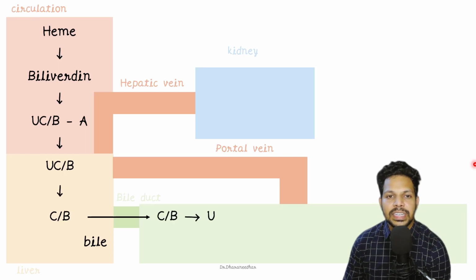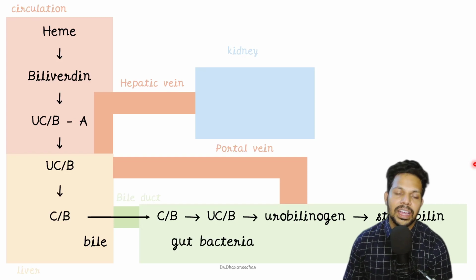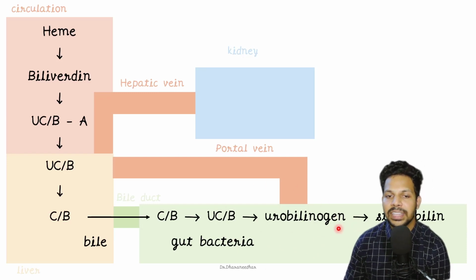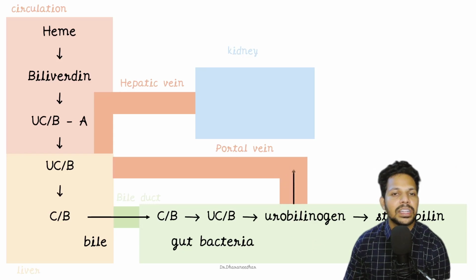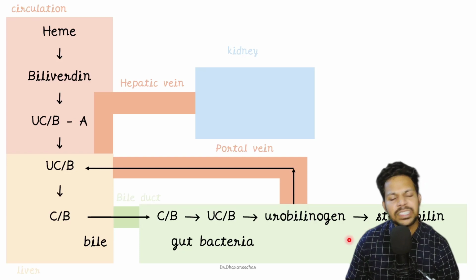After it enters into the intestine, this conjugated bilirubin is deconjugated to unconjugated bilirubin by the presence of gut bacteria. And further, this unconjugated bilirubin is converted to urobilinogen and then to stercobilin. The stools are yellow because of the presence of this pigment, that is stercobilin. And this urobilinogen, some of it is reabsorbed through the portal vein and reabsorbed into the liver,